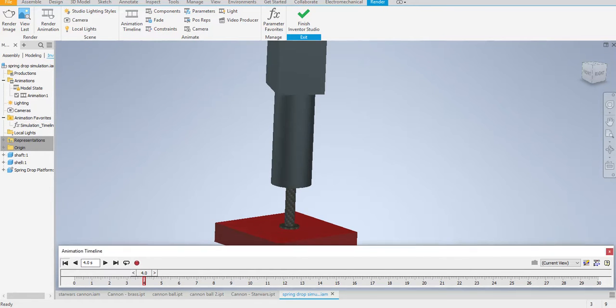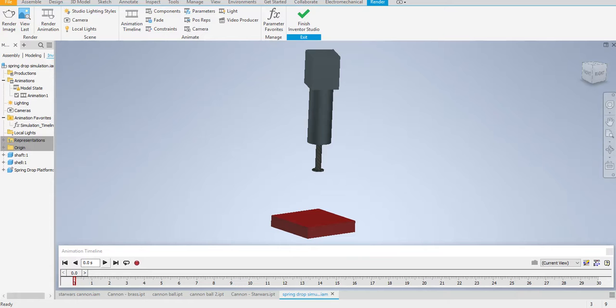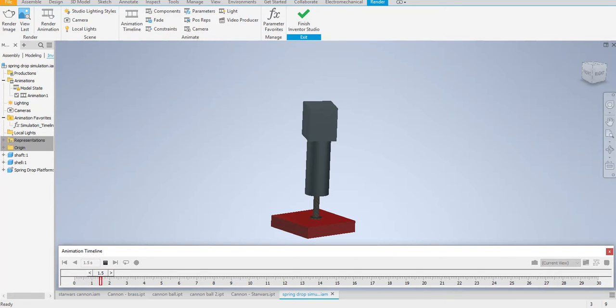When I hit OK, rewind it back and hit play, it should come down and show me that movement. Okay, so that does what I want it to do. I'm going to bring it to, let's say, yeah, 3 seconds is probably about when it stops. So this is the important part. I'm going to go to record,